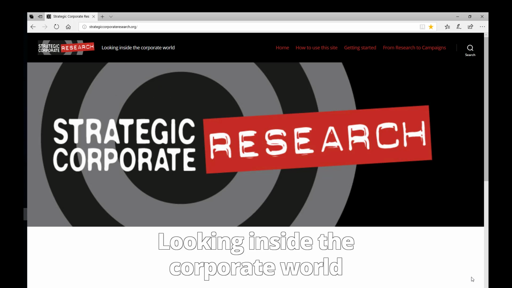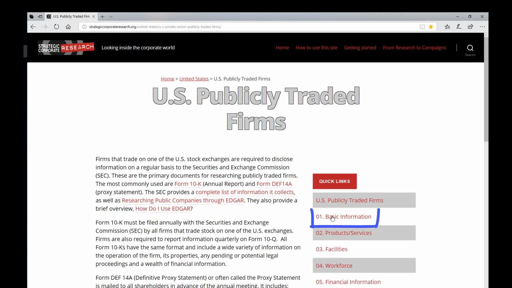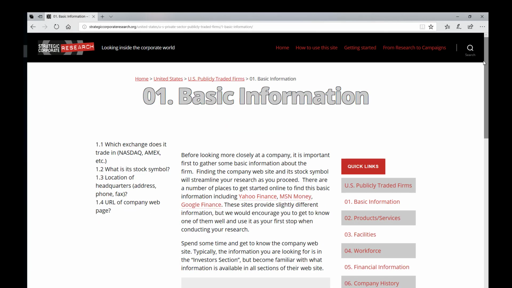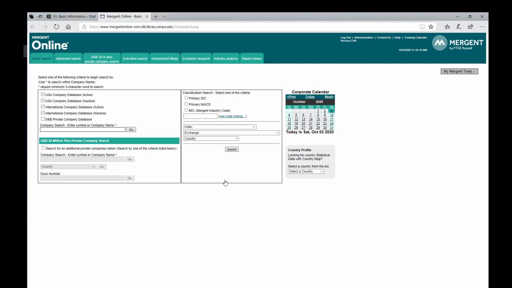If we go to the homepage of strategiccorporateresearch.org, we can scroll down to publicly traded firms and select question number 1, basic information. And here, if we scroll down to the UMass resources, we can see the link to Mergent Online. As we can see from their homepage, Mergent Online is set up to investigate a publicly traded firm. You can type in either the company name or its ticker symbol. Below that, you can select a box to look at privately held firms as well. But today we're going to look at a publicly traded firm,